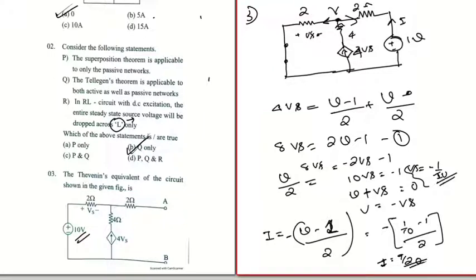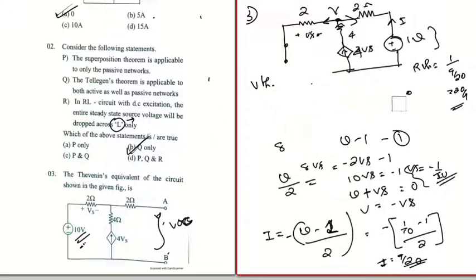So we get the current is equal to 9 by 20. The current flowing away from this 1 volt is 9 by 20. So RTH is equal to V divided by I, which is 1 divided by 9 by 20, which is equal to 20 divided by 9. That is our RTH. And the VTH is simply the open circuit voltage over here. That is the 10 volt will be reflected upon here. So our VTH is simply our 10 volt. So the equivalent Thevenin will be VTH is equal to 10 volt and RTH is equal to 20 by 9.